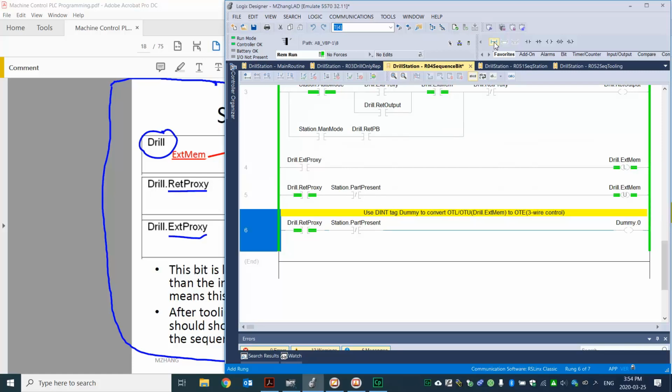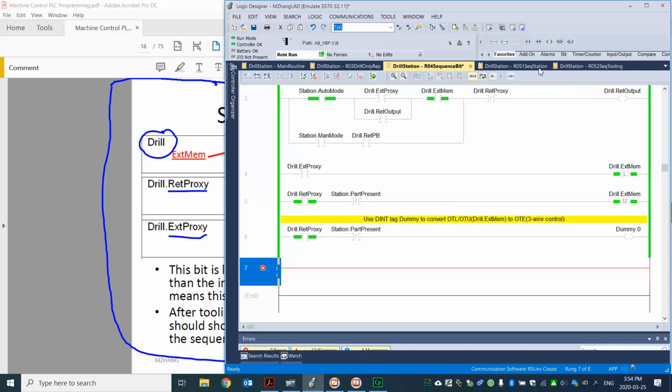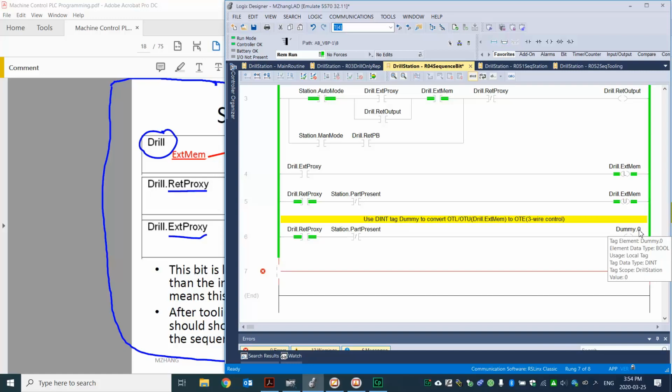Now we need to add another rung. So with this rung, we will energize the, let me try this. So we use dummy.1 to simulate this extended memory bit. I don't want to use the same tag, otherwise we'll have a double coil syndrome. So that's why I use this as the intermediate result and use .1 as the compare result with the extended memory. So what we want to have here is the typical 3-wire control, with this as the